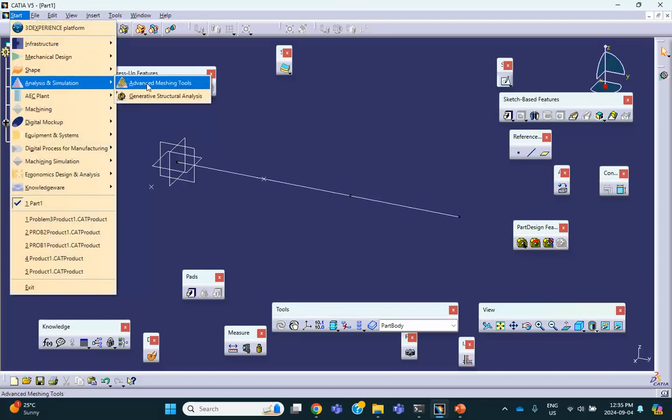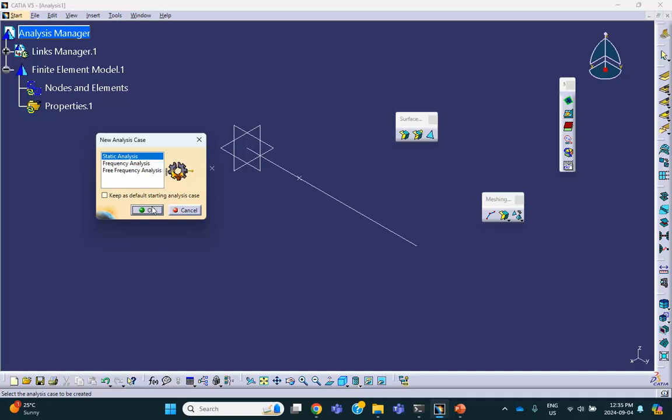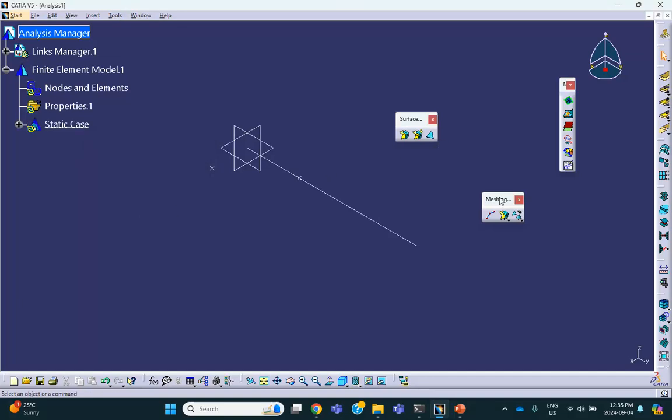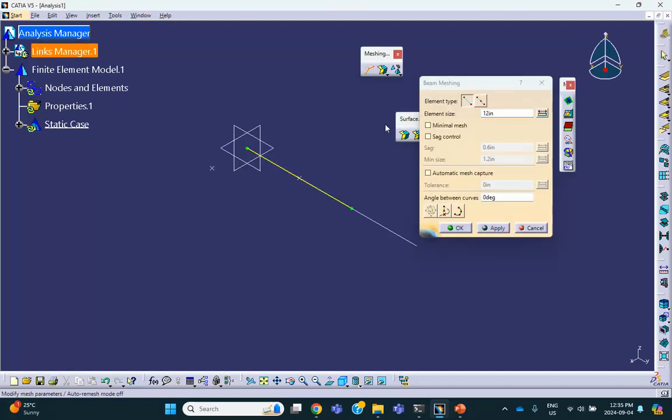advanced meshing tools, static, and notice that we have the option of doing beam element right there. You click on it, you select this. I decided to use 1 foot for element size. Now notice that these things are not available if I had gone to the generative structure analysis. But in advanced meshing tool, you can make sure that a particular isolated point is actually going to become